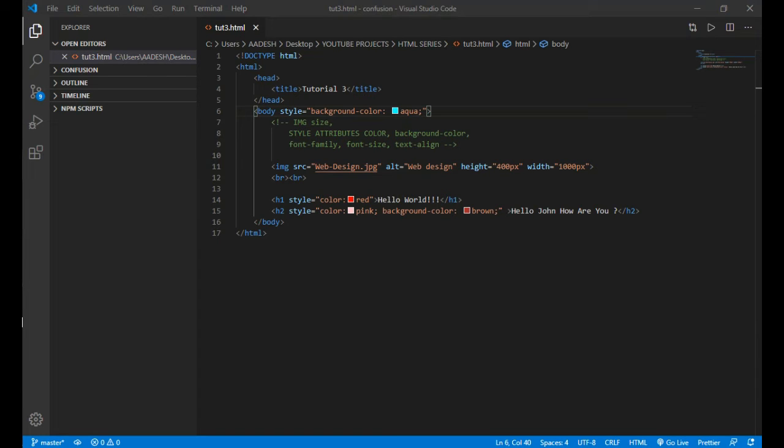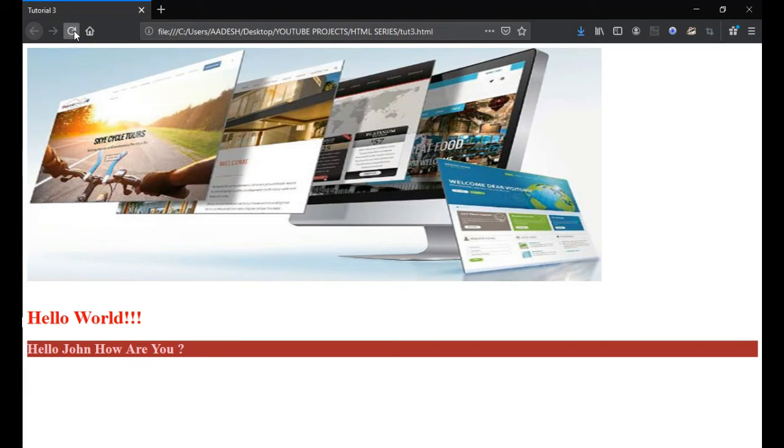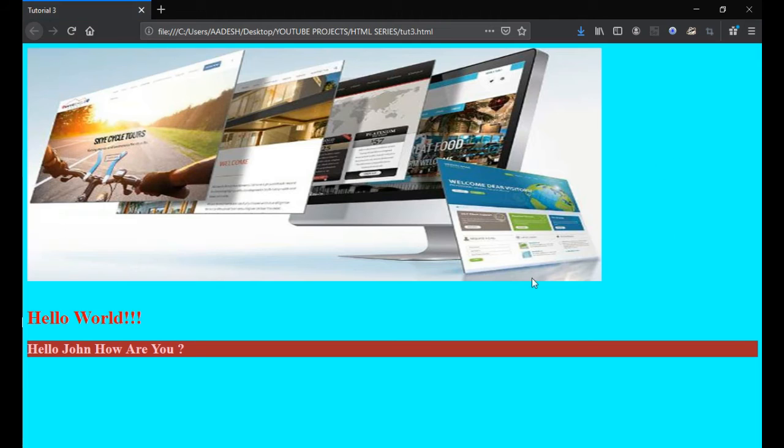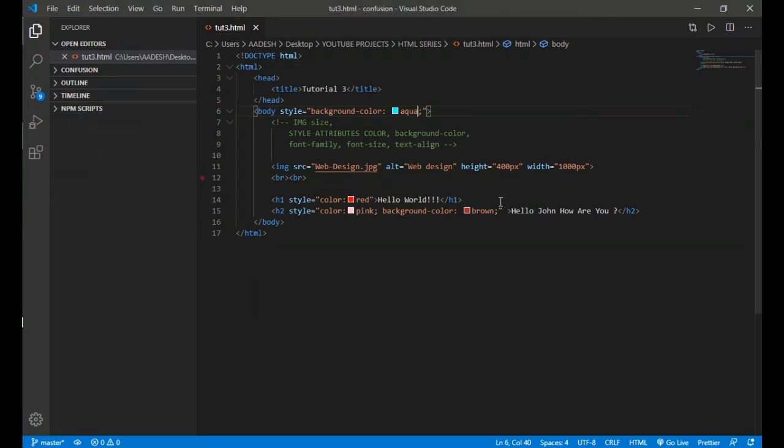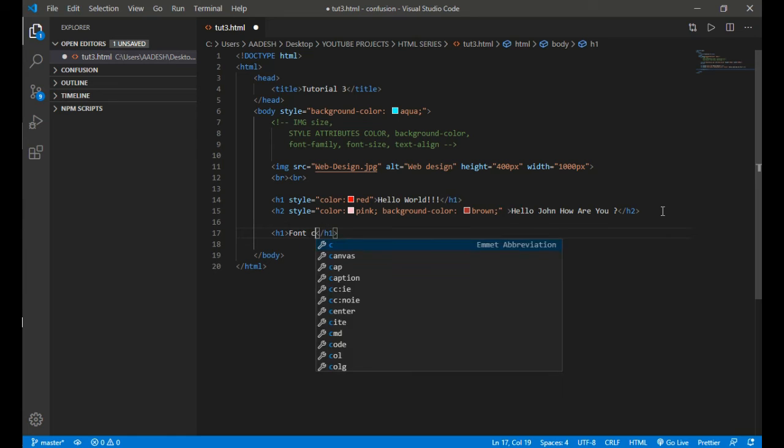Control S, go back to the browser, hit refresh, and here we can see the change in background color. Now let's go back to the editor. Let me take another heading tag, H1 again.